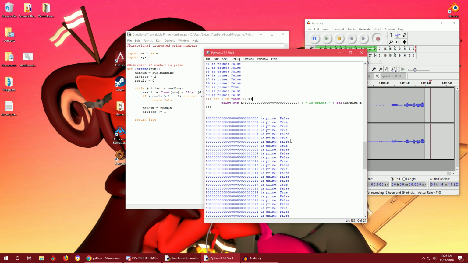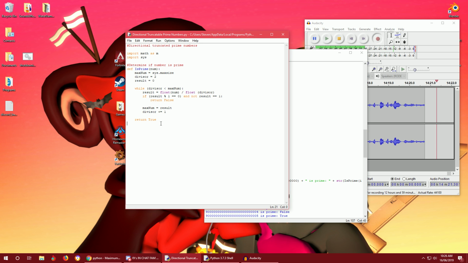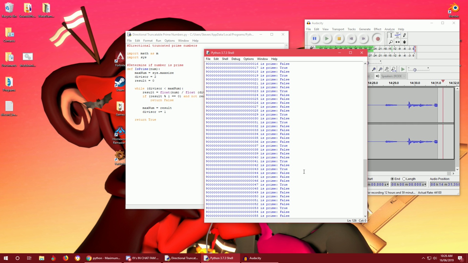And of course, if I try to run it for any more numbers, then the actual printing to the screen is going to be a lot slower than my function that I've created to determine if a number is prime. Okay, so we've got a function to determine if a number is prime, and what we can do here to start printing all the prime numbers is I can go